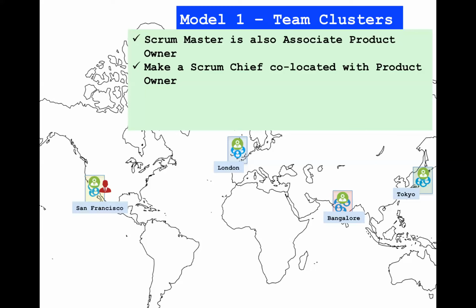And these Scrum masters come together on a regular basis, at least once a week, for example, to understand how the development is going, what the teams need, how they're progressing, and how every team's work is going to fit into the bigger product, or is well aligned. Something similar to a Scrum of Scrums, but in a global structure.